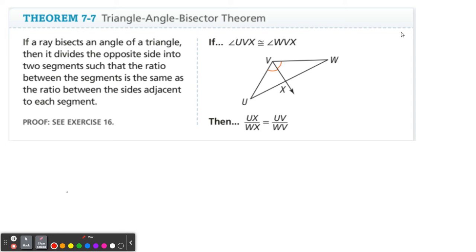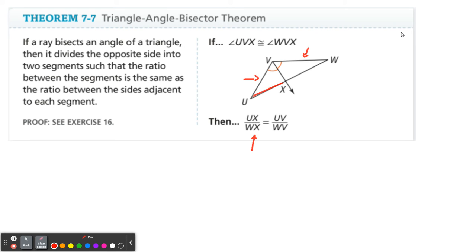So we do have this theorem. It's called the triangle angle bisector theorem, right? It does say if a ray or segment or line bisects an angle of a triangle, which it does here, then it divides the opposite side. So the opposite side of the angle is UW into two segments. So UW is UX and WX, these two, that are then proportional, or the same ratio as the segments, the ratio between the sides adjacent to each segment. So these two sides here, right? So it's,